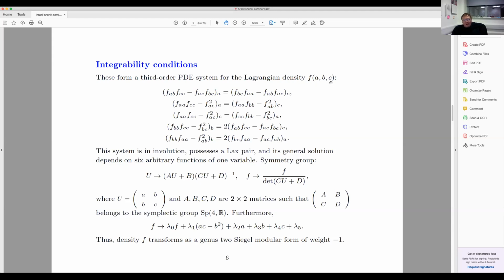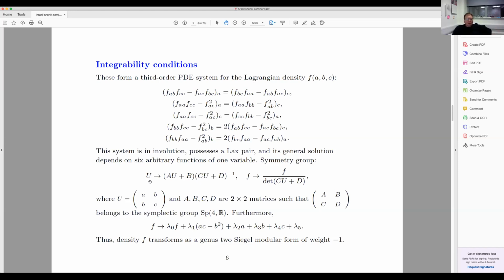By the way, this will no longer be true when we move to 3D. In 3D, integrable Lagrangian densities form a finite parameter space. They only depend on arbitrary functions in 2 dimensions. What is quite remarkable is that this system is invariant under a very nice group, namely Sp(4,R), the symplectic group Sp(4,R). And this group acts as follows, right?